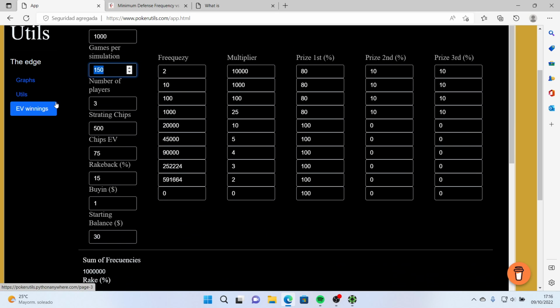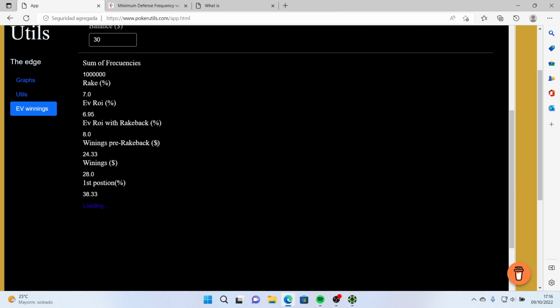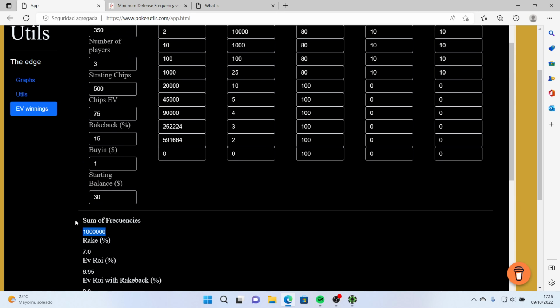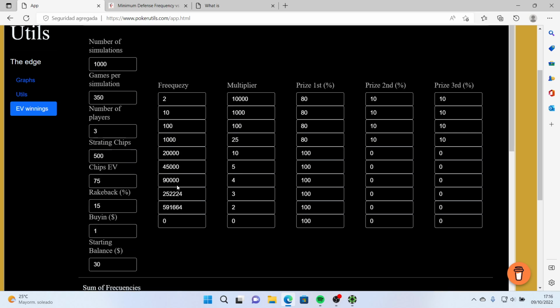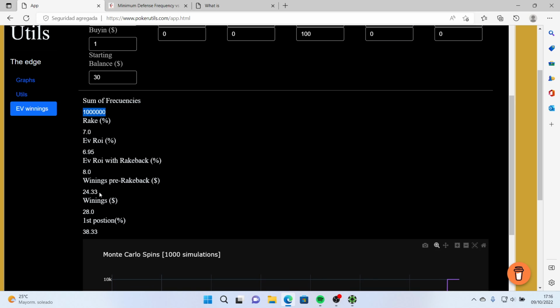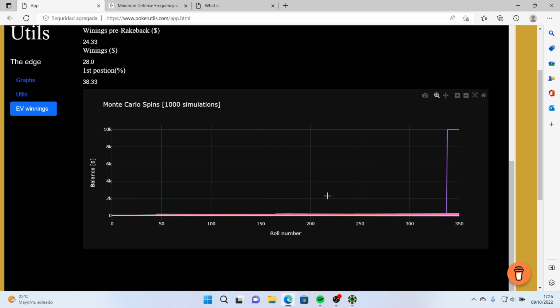I said 350. You get the results here, the output, sum of frequencies. This must always be 1 million. If this doesn't add up to 1 million, then the input, the frequencies, is wrong. The rake here in Spain is very high. EV ROI, I have the EV rate with rakeback, winnings per rakeback, winnings, first position on this, and with all this,